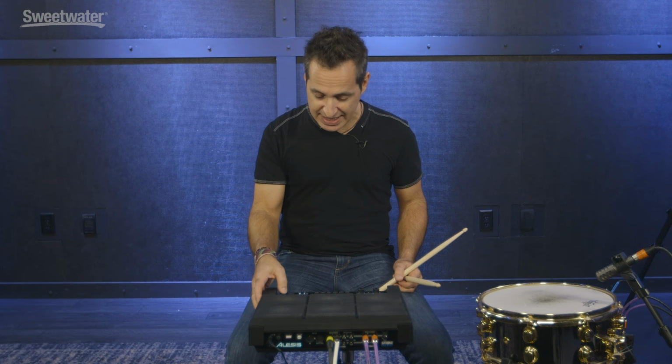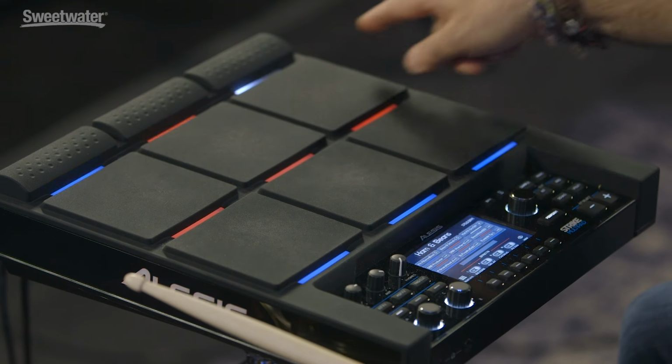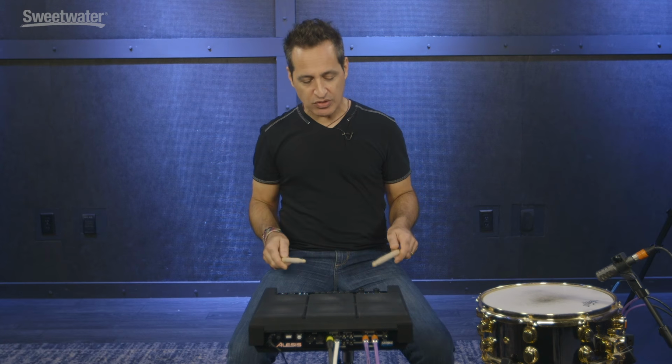All right, let's get on to the next kit now. I'm going to skip up a couple here. I'm going to go to one called Ham and Beans. Now again, fun features in the Strike MultiPad. Look at the lights up here. You see stuff going on. You see the flashing of the blue and the red here. That's telling me there's a loop there, and that is the tempo of that loop. Here's the sounds though. First,